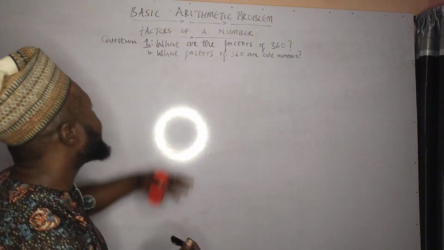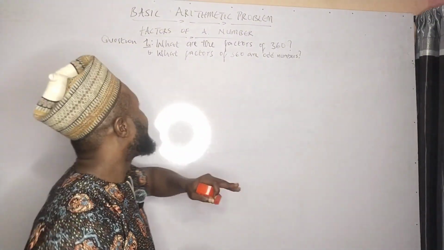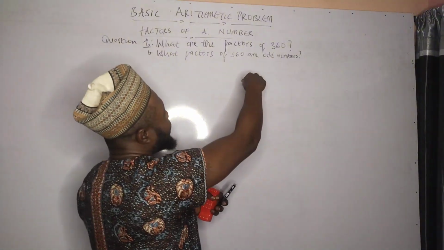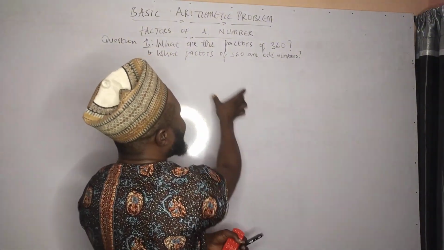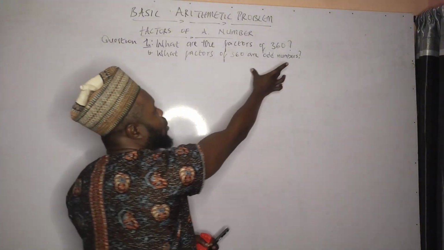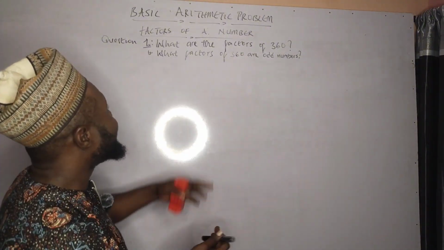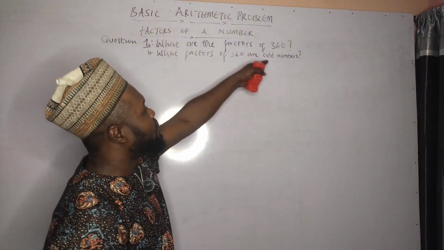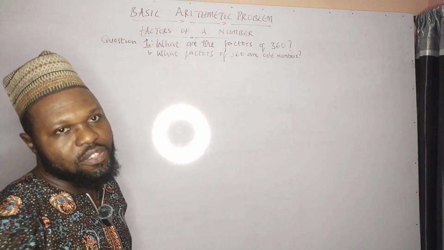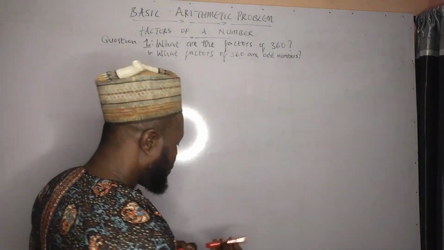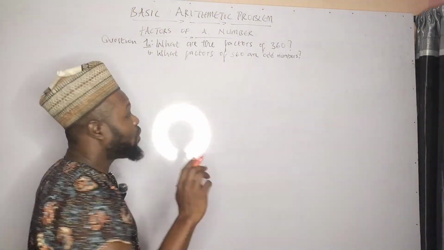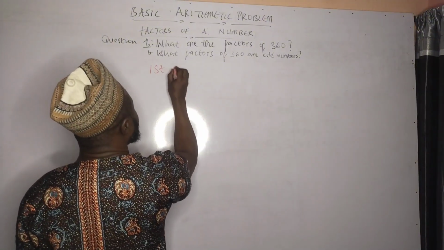Now, the question says we should find the factors of 360. And secondly, we should find the odd numbers among those factors. So before we can find the odd numbers among those factors, let's first of all find the factors of 360. The first thing to do, let me call this one first step,